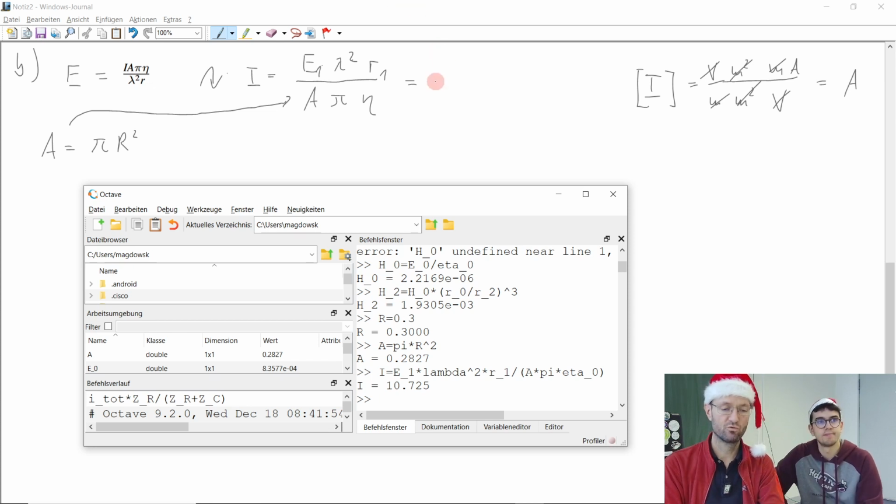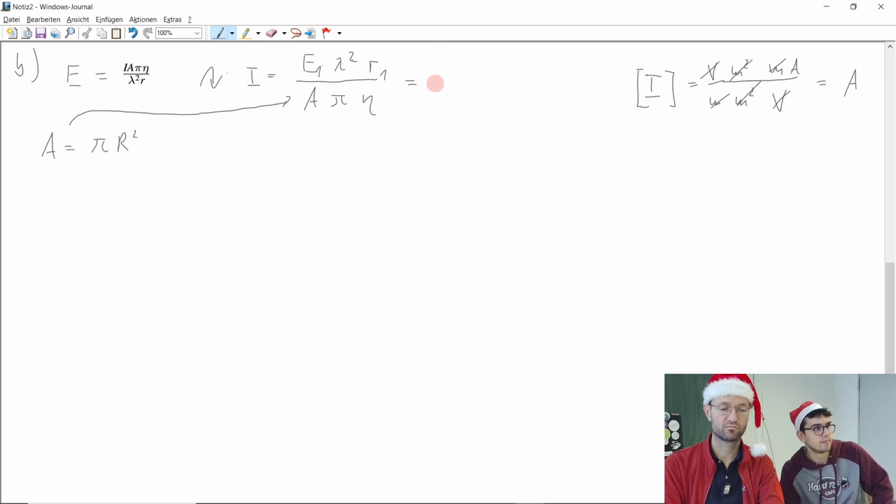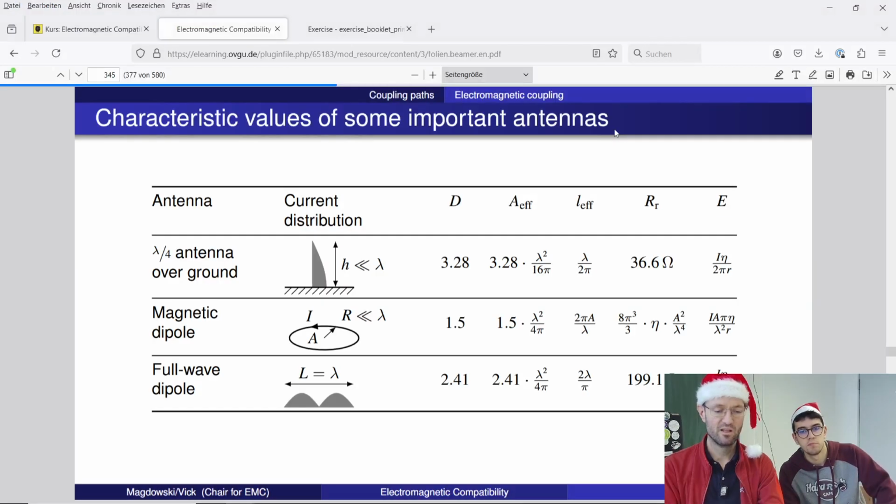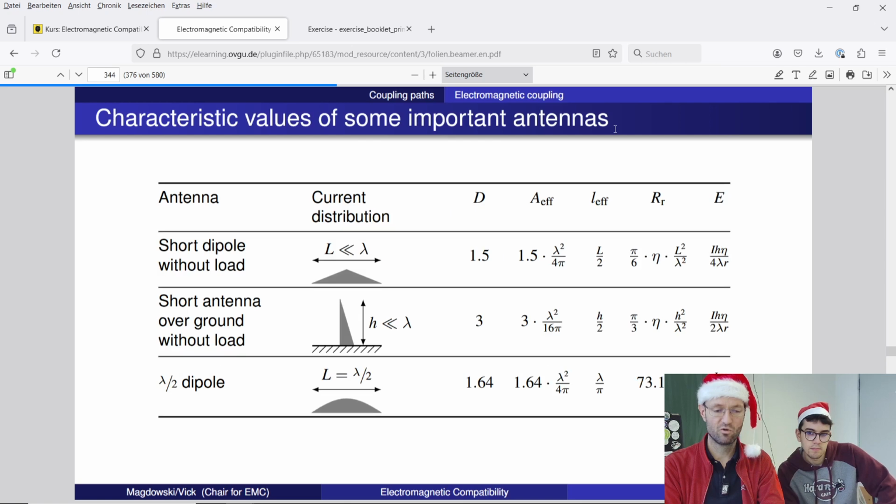Quite a lot of current to create this field. 10.725 ampere. Okay, so we have calculated the current. Would there be some other way to calculate the current? From near field? Yeah, we could also try it from the near field. Unfortunately, in this table, there is no formula given for the near field, but we can go back, of course,